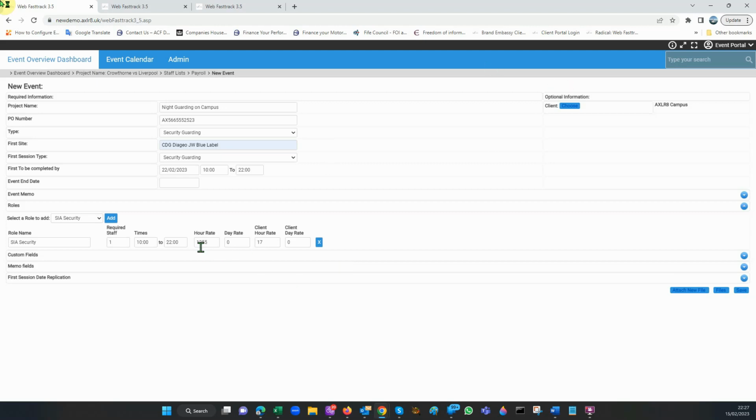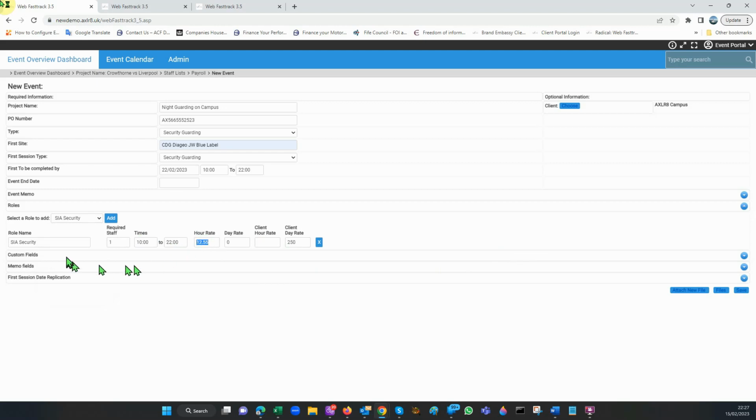22.55 for that, and the customer is also being charged a little bit more, 17.90 per hour. So in fact the customer, let's say, I can't do my maths now, but that's an awful lot of hours, but let's say the customer is prepared to pay 250 quid per day. So you can have day rates for customers or shift rates, and you can have other rates for staff. Obviously you can add more roles than that. I could have 3 stewards and whatever, if it was a bigger event. So sometimes when you build these events, for an event or a match or whatever, you've got lots more than that. So now we can work out the invoices,